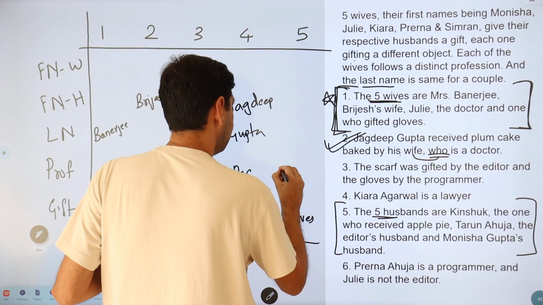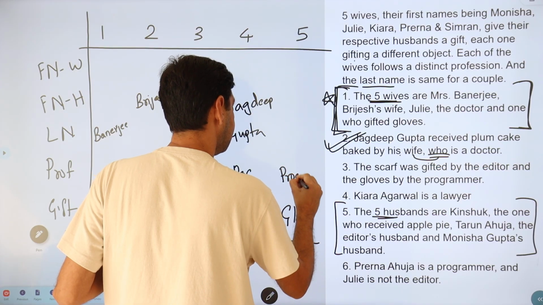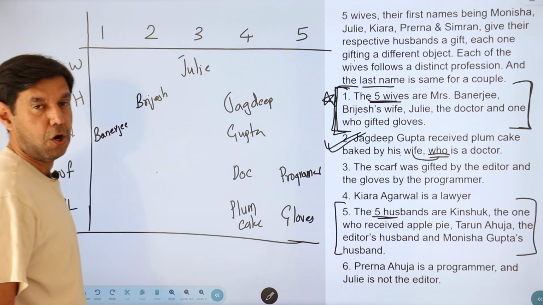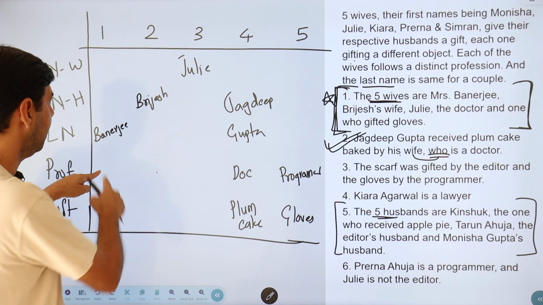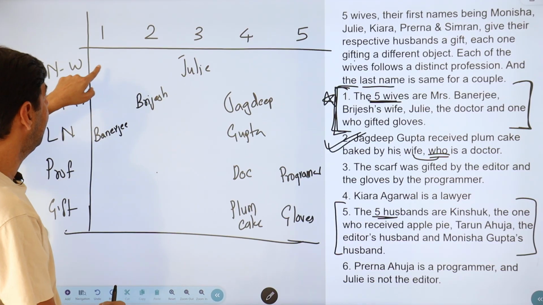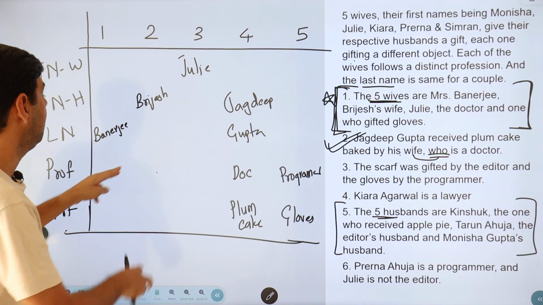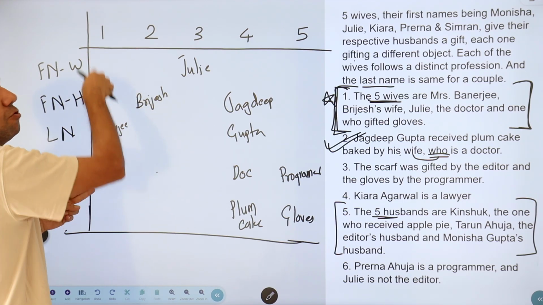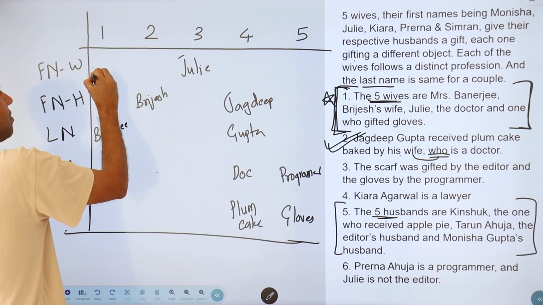And gloves by the programmer, so programmer is fixed. Kiera Agarwal is a lawyer, so now I need a lawyer, has to be in 1, 2, 3, the other is filled up. 3 is taken up by Julie, so has to be a Kiera Agarwal, can't be 2, so has to be 1, right? So Kiera,